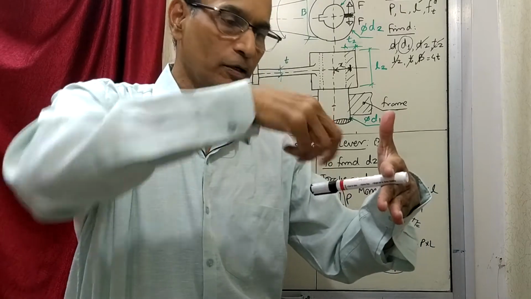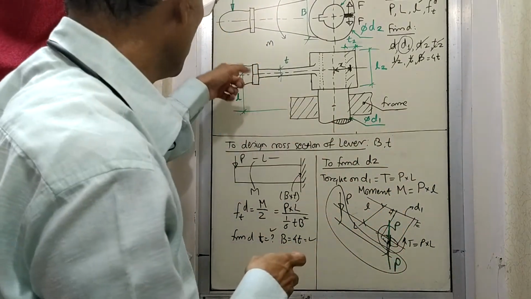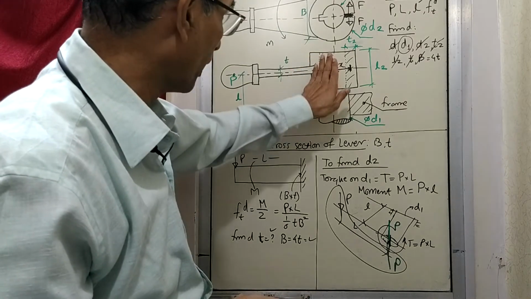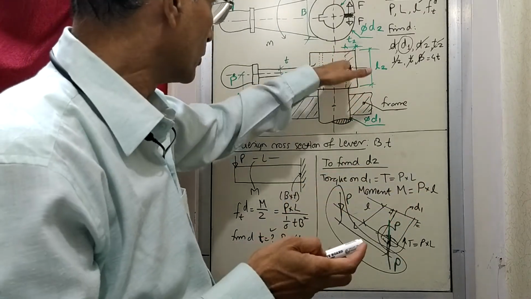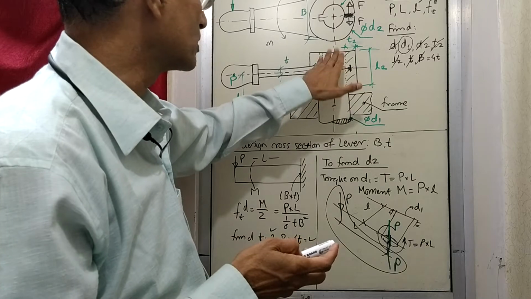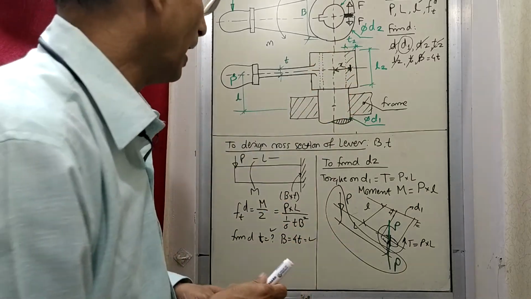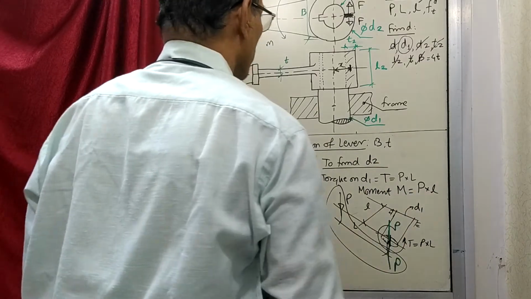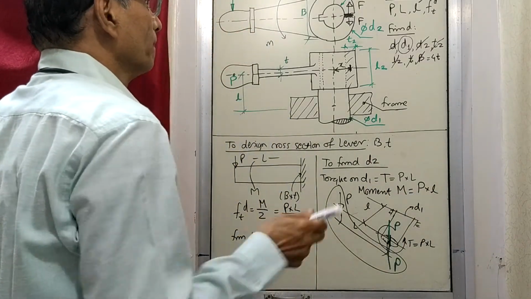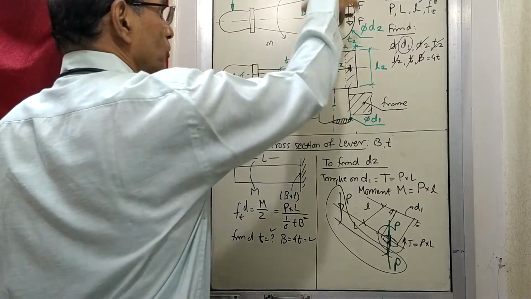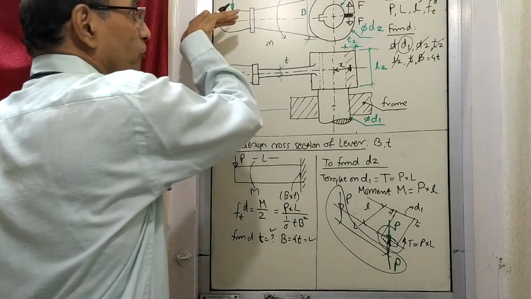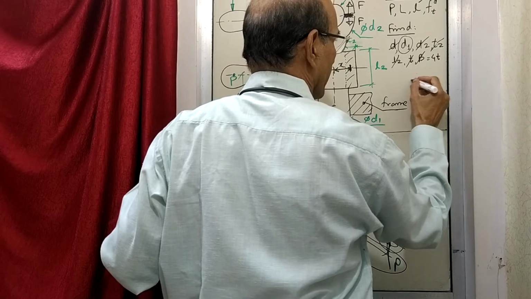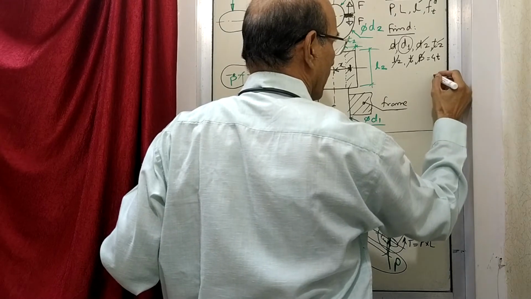So this P applied here and this distance small l is causing this part to bend, like what I have shown here. So P into small l is what is causing the bending action. If I draw, let's say a side view, this is a top view, this is the front view. If I draw a view from the other side, then that view will come something like this.